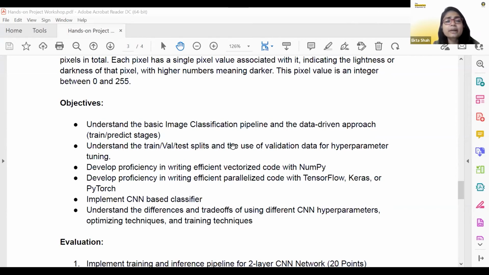The next objective is to develop proficiency in writing efficient vectorized code with NumPy. So how you can write code in NumPy is something we also want you to achieve. Develop proficiency in writing efficient parallelized code with TensorFlow, Keras, or PyTorch.